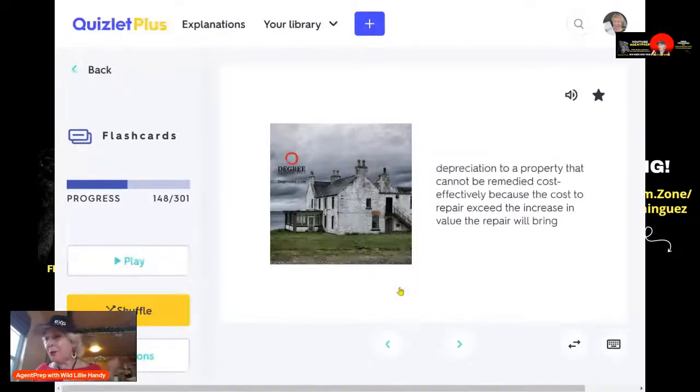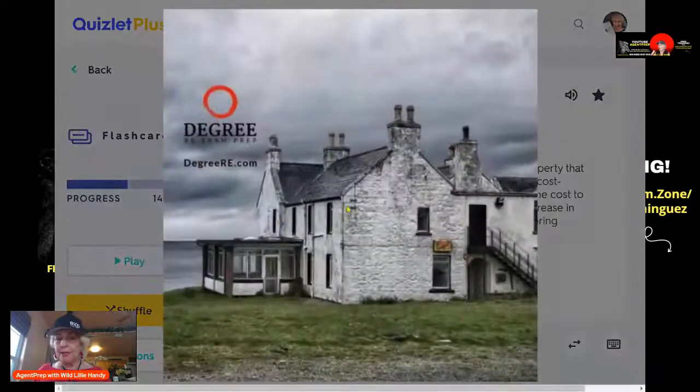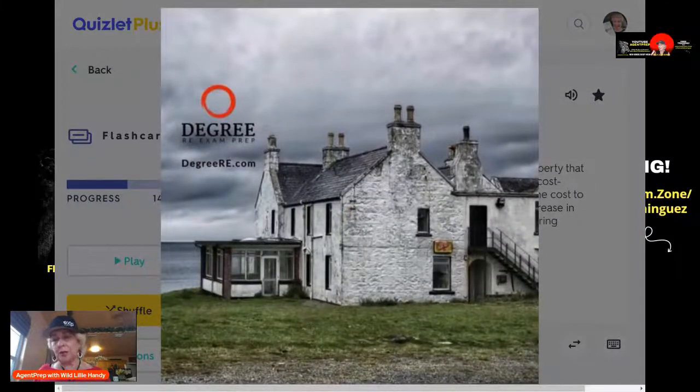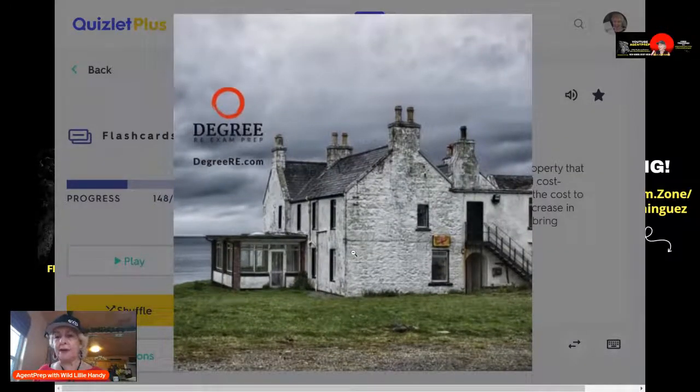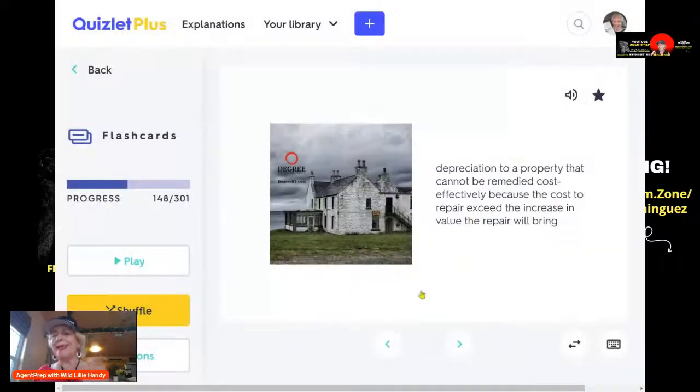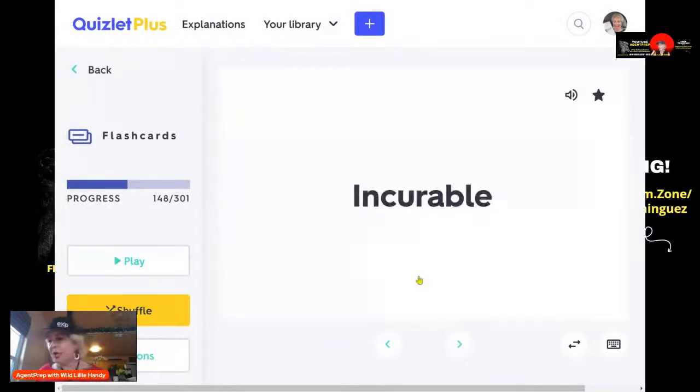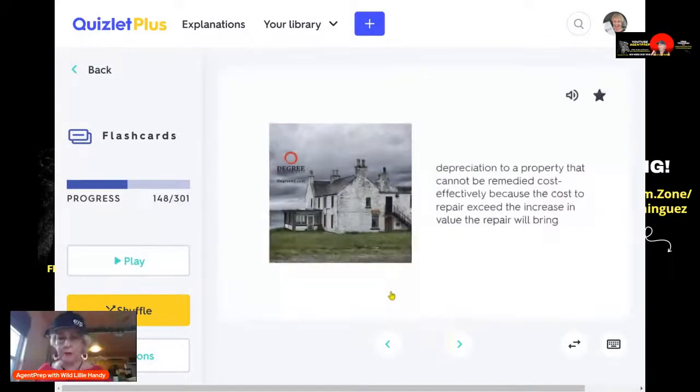They would transport homes in a long flatbed, kind of like a manufactured home. So that home could appreciate, right? They move the home to another location. This one, though, is concrete block, brick, not going to be easy to move. So no matter what you do to that house, replace the roof, beautify it, it's not going to really appreciate in value. So it is incurable. So thank you for that, Tiffany. You said functional. Yes, that was the other one I couldn't remember.